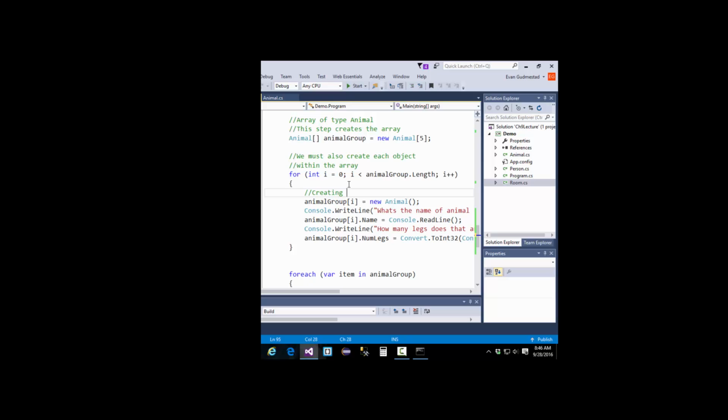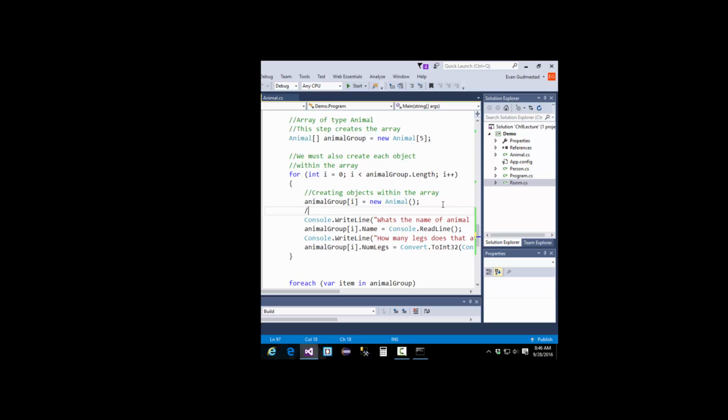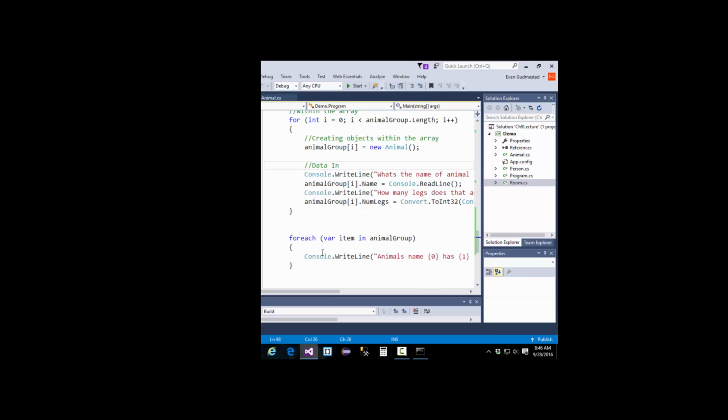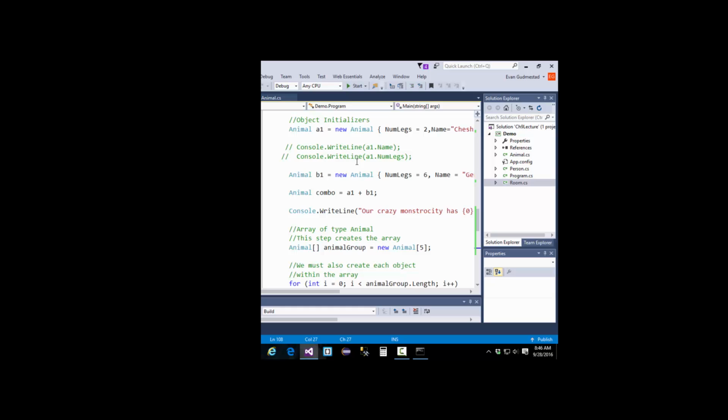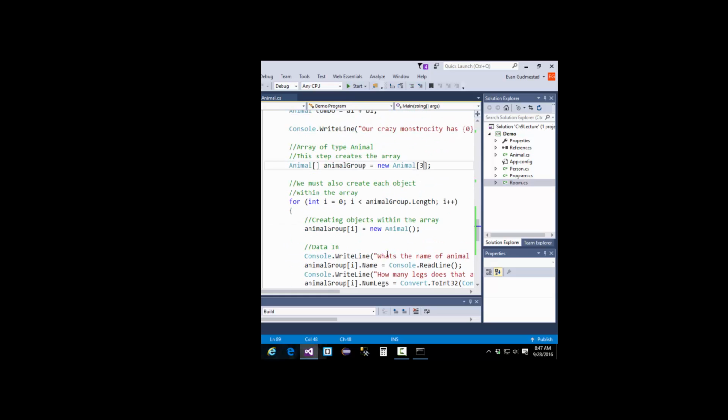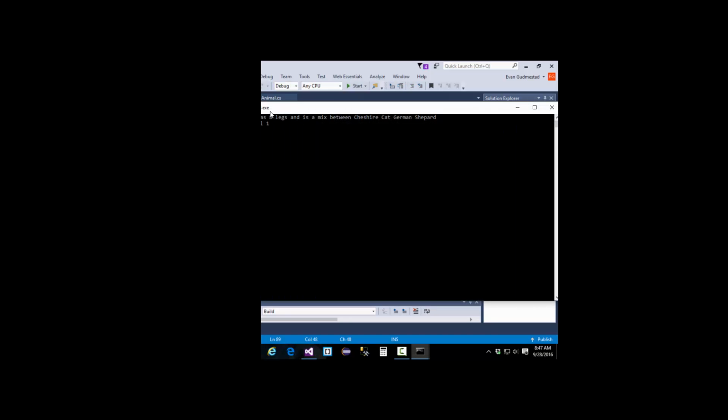Creating objects within the array. So we're instantiating objects of type animal inside of the array. These 4 lines, data in, we're putting data into the objects. And then this line, data out. And so I'm just going to do 3 animals instead of 5, so that when I demonstrate this,